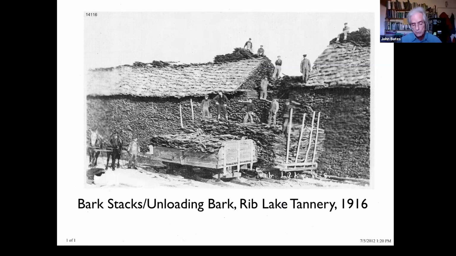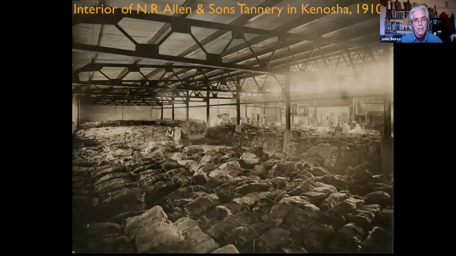And you think about where all the hides are coming from to support all this tanning. Well, there's this little city called Chicago, south of us, that was the slaughterhouse capital of the world. And so hides were very close by to be shipped into Milwaukee and Racine and Sheboygan and so forth, all along Lake Michigan. And hides were being brought in from all over the world. Again, this was a world-renowned tanning area. And our leather in Wisconsin was being sent all over the world.